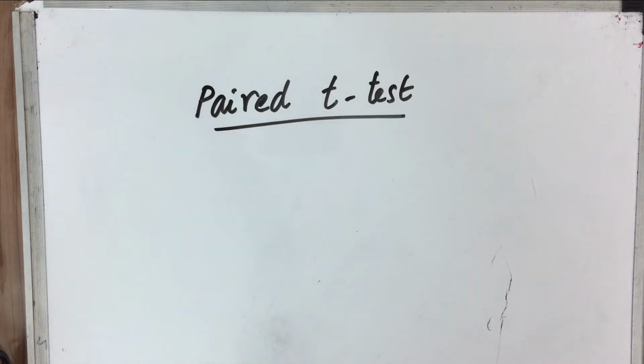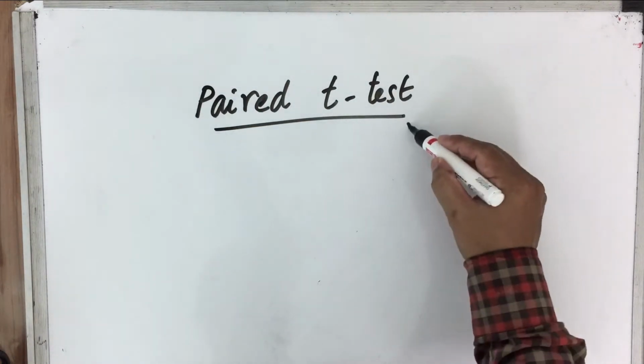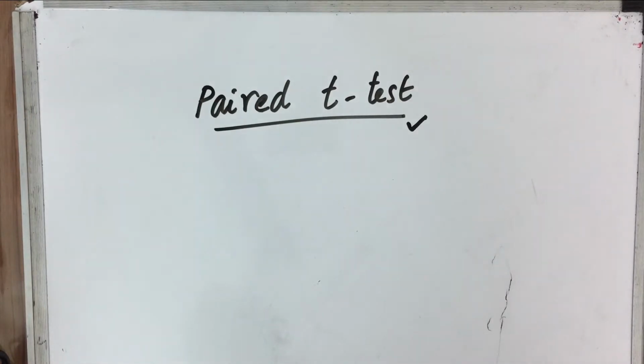Many times in real life, we come across issues where we have to do a kind of comparison. For example, we would like to know whether undergoing tuition for a particular subject is going to make any difference in securing marks. We would like to know whether a particular medicine has any influence on bringing down the temperature. In such cases, we will do a test called a paired t-test. So there is a pairing happening.